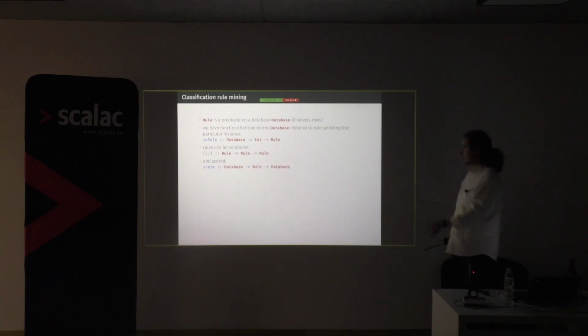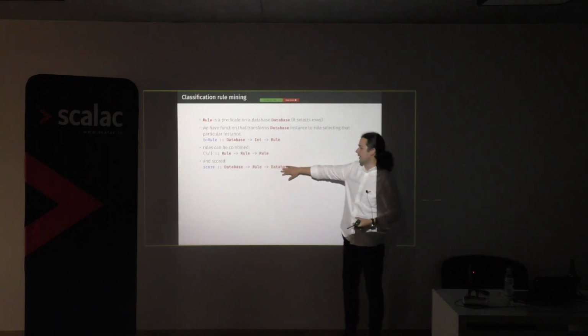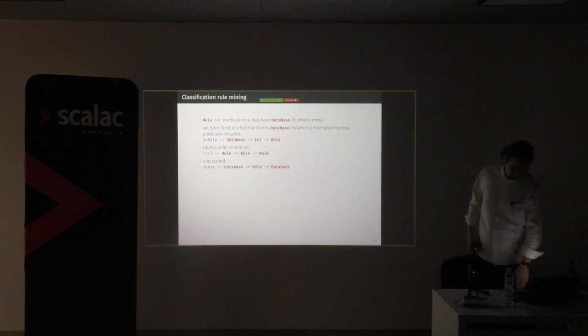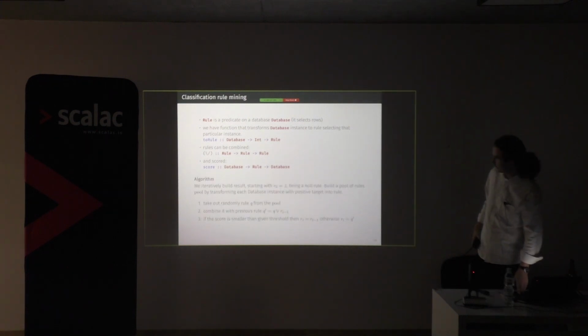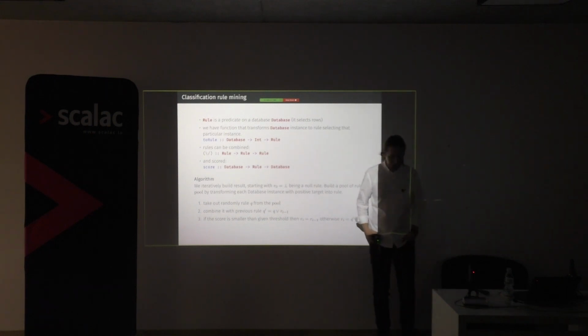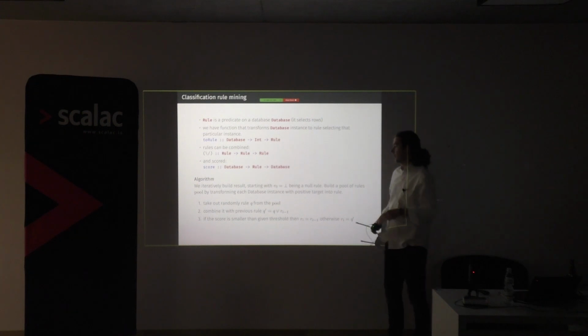And obviously, we can score somehow those rules. For that, we need a database and we need the rule. And here should be a double. Not the database, of course, so the value of the score. And the algorithm, this is a simplified version, just to make it shorter, but the real algorithm is not really much more complicated. Just 2 or 3 heuristics. There are 5 points instead of 3.